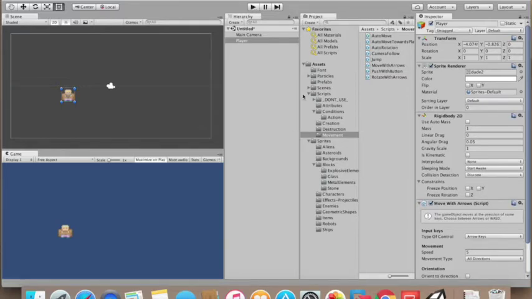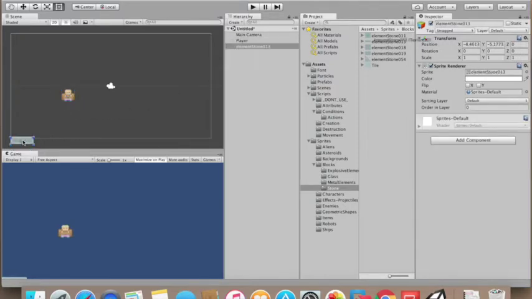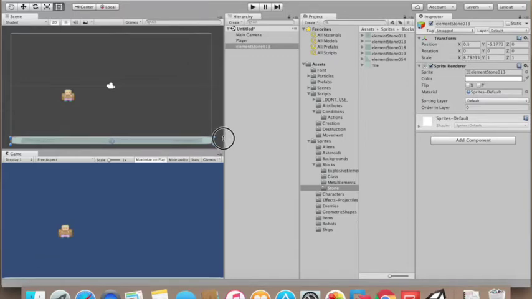So what I'm doing here is go back down to sprites, I go down to blocks, say stone, and I'll take this one here, stone, or element stone 13. I'm just going to drag that across, and I'm going to put it down here towards the bottom of the scene, and I'm just going to move it across here. So it's going to be like a platform, the ground basically, that's what it's going to be. So I'm going to change the name of it, and I'll call it border, because what I'm going to do actually is I'm going to put some of these all the way around to capture the player so he doesn't fly off into the unknown. So I'll just call it border,